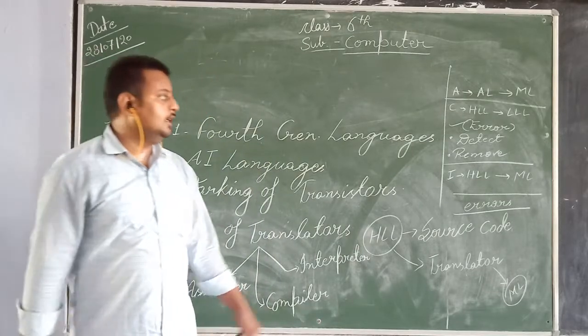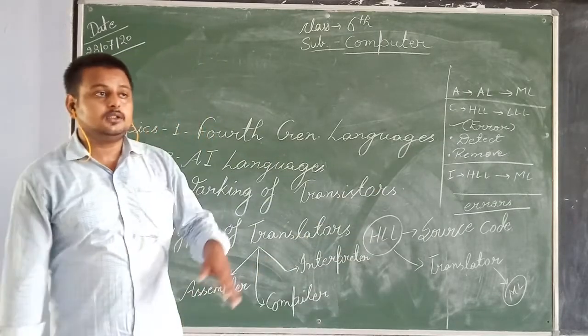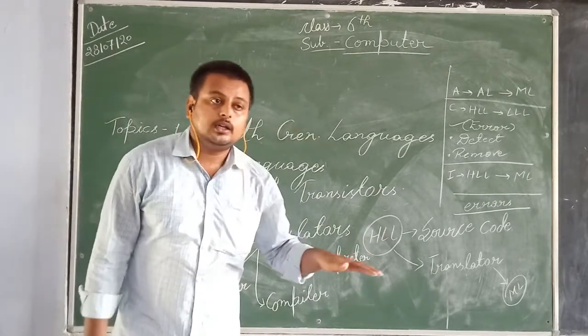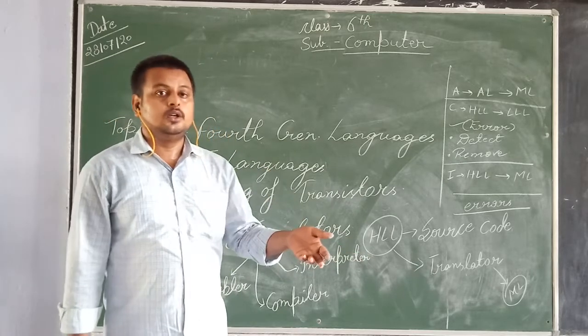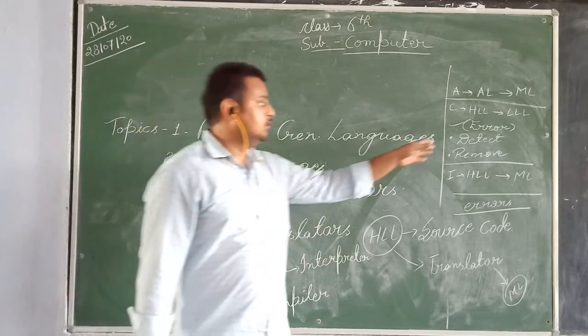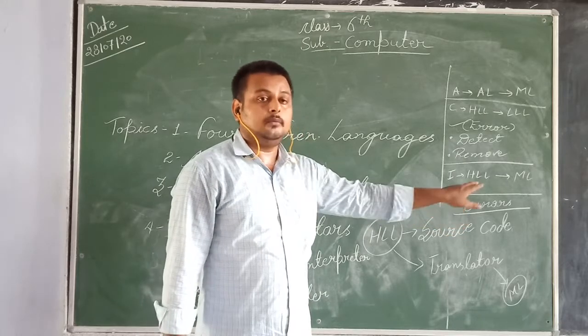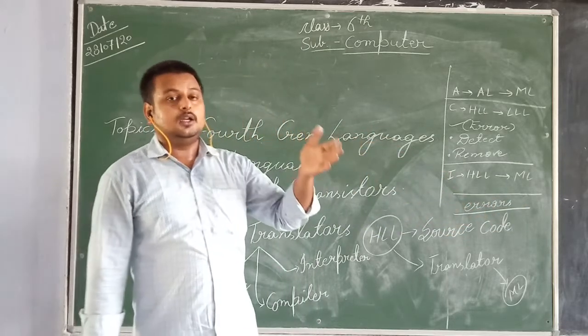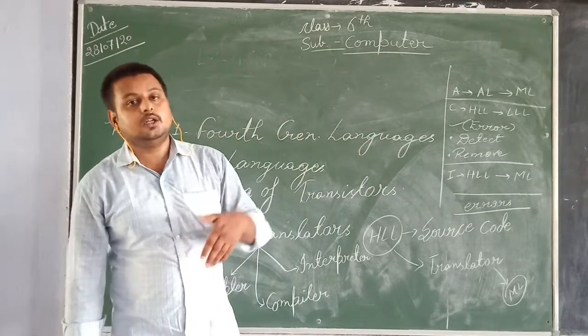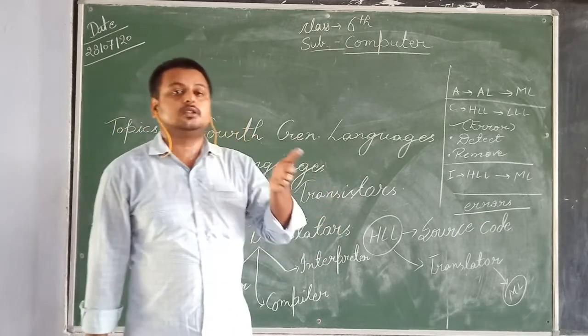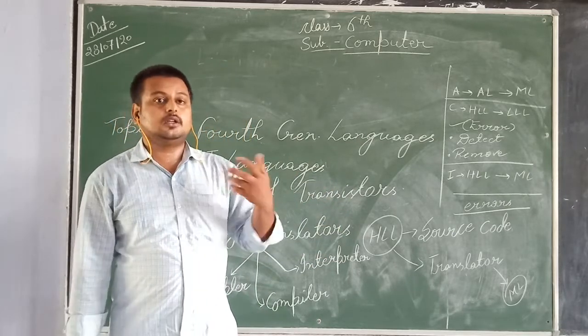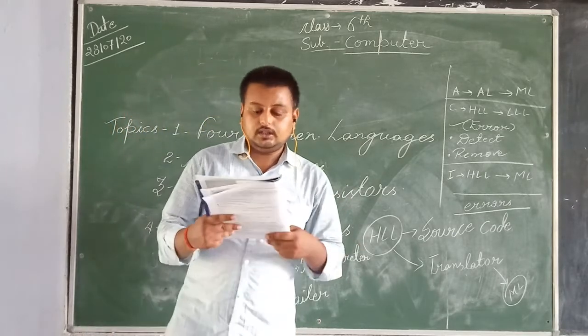In the compiler, it detects all the errors in just one click, but there are still some errors it cannot find. The interpreter finds all the errors line by line and gives all the information about the errors to the user, so that the user can change or correct them, and after that the coding will work as per the instruction.